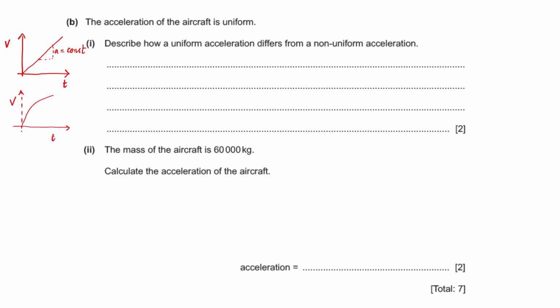Something like this or this. So the acceleration is not constant. This is the primary difference between a uniform and a non-uniform acceleration. So if we have to write it, we can write it as, for a body in motion,